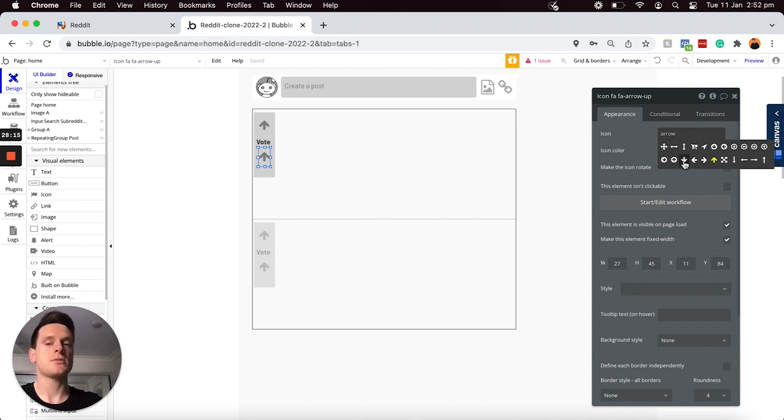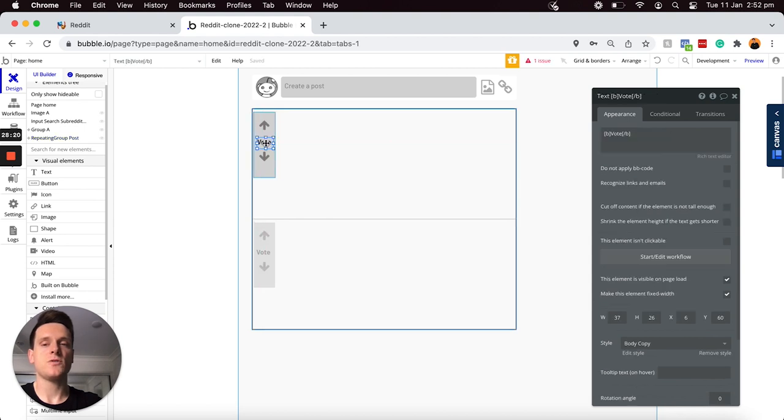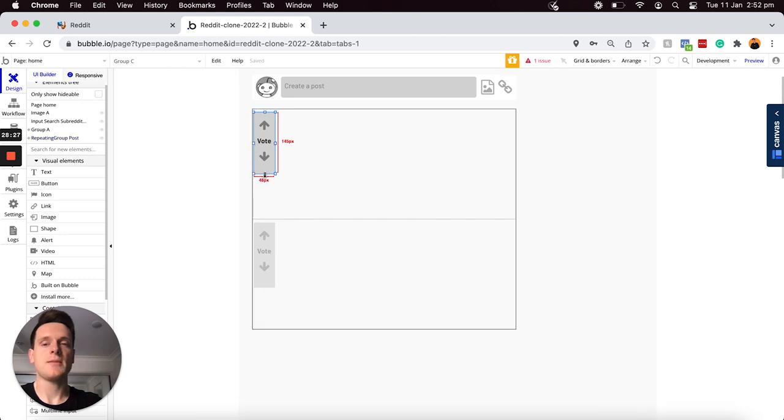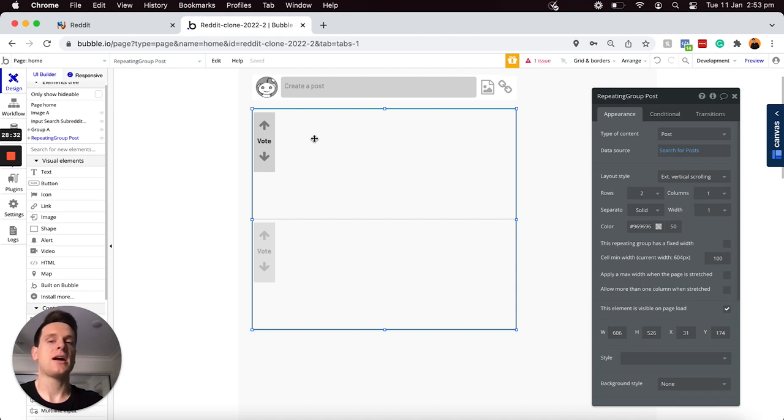Only this time I'm just going to be choosing from the downwards arrow there. And I might just move my text across a tad and up a bit there as well. And then I can just close off some of the empty space in my gray group. And later on throughout a separate module, I'll be breaking down how we can create an upvote and downvote feature